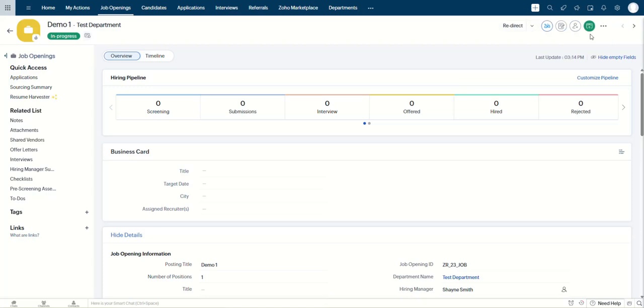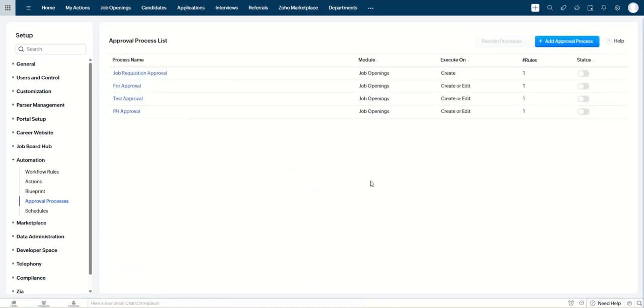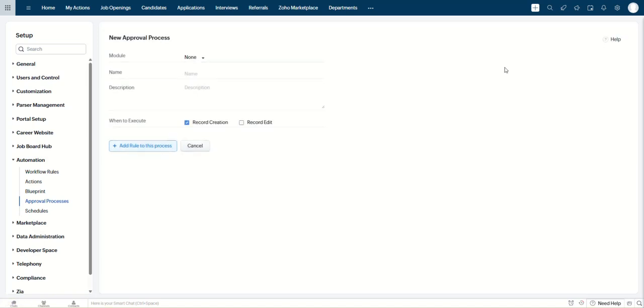To create an approval process, go to Setup, locate Automation section, and select Approval Processes. To add approval process, click Add Approval Process. So we will select the module where we will apply the approval process. So we're gonna apply it to job openings module